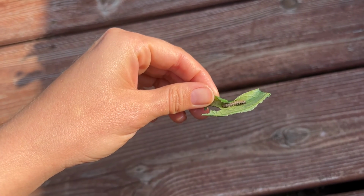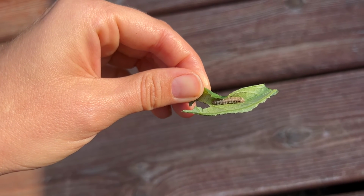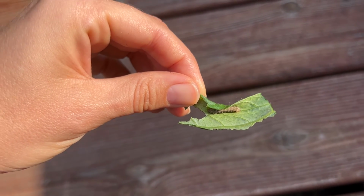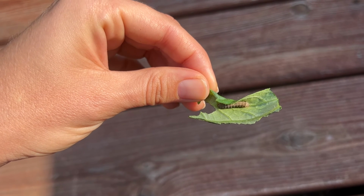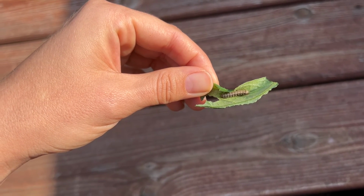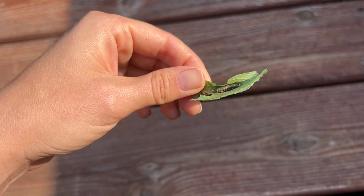I'm sure there's more, so I'm going to keep looking, but I think this is a cutworm moth. I'm not the best at identifying moths or caterpillars, but I saw the moth out here a few weeks ago, so I'm going to assume this is one of its offspring. Now I am going to treat preventatively for budworms on my petunias tonight. That is my normal Wednesday routine. So I will also just make a note to spray